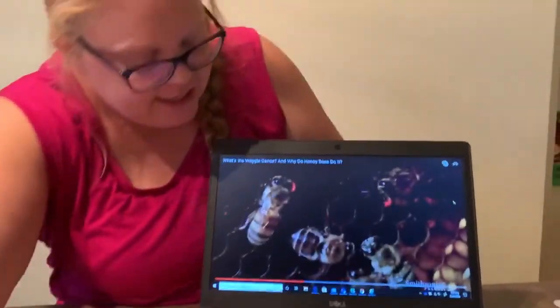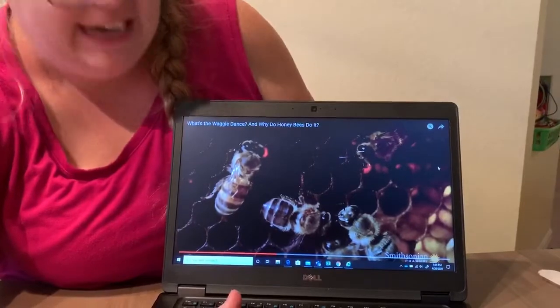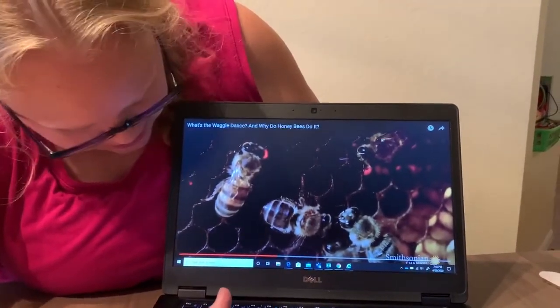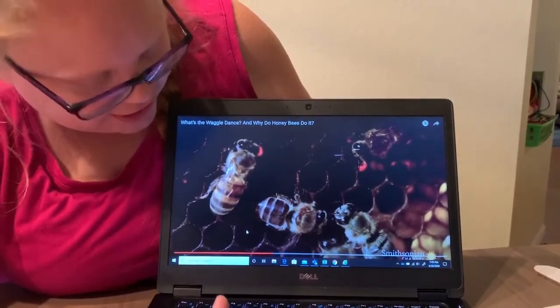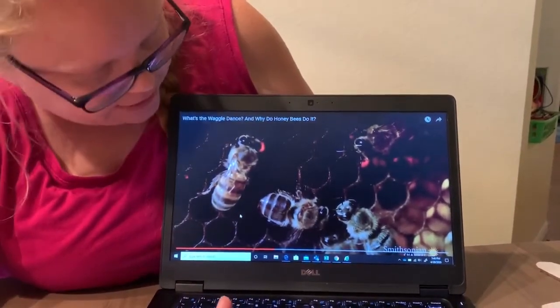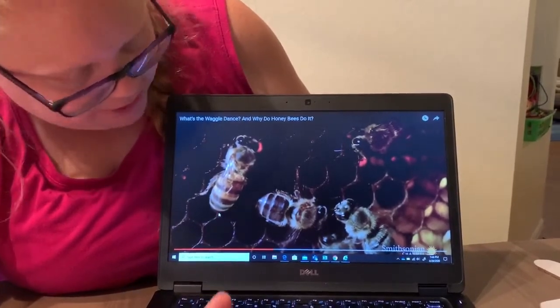And then they store it, and this is kind of going to be a little gross, but they store it in what's called their honey stomach, because when they get back to the hive, they kind of regurgitate it, and that's what helps make honey. But they do store it in their honey stomach, and I have an example when they get back to the hive to tell their friends where to go. It's called the waggle dance, and it's really super cute. Hold on. So she completely steps on top of everybody else to be able to show them that she knows what she's talking about. Because the only ones that leave the hives are the worker bees, and they're all female.